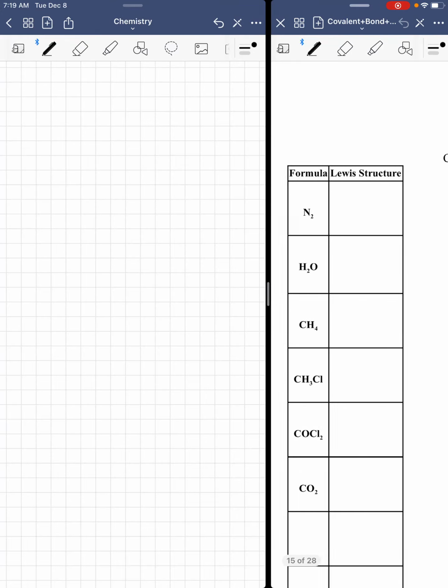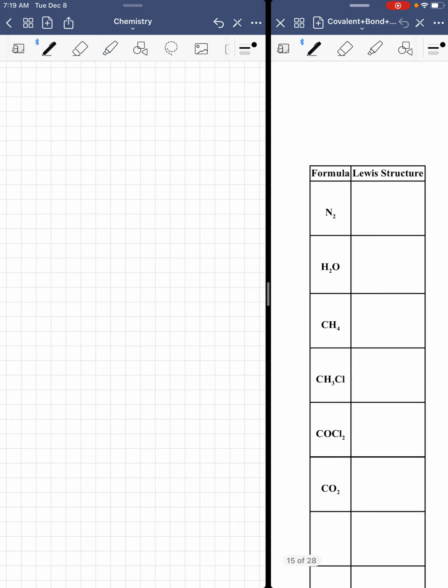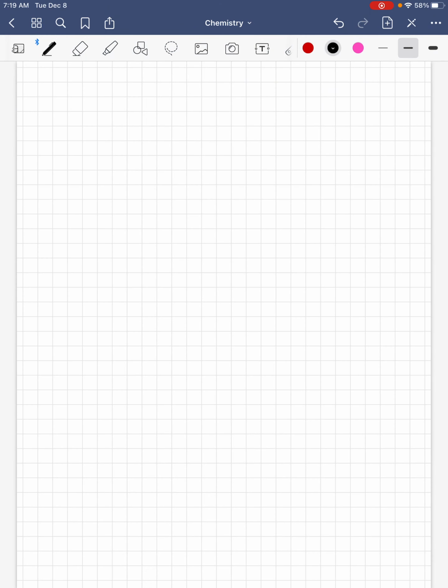Okay, we're going to be going over this covalent practice. So you should have a sheet that looks very similar to this. And we're just going to do a bunch of problems as practice. So the first one that we're going to look at is